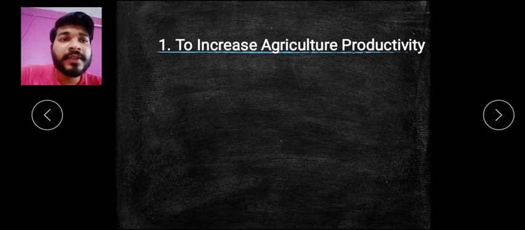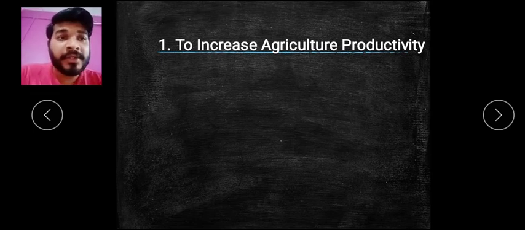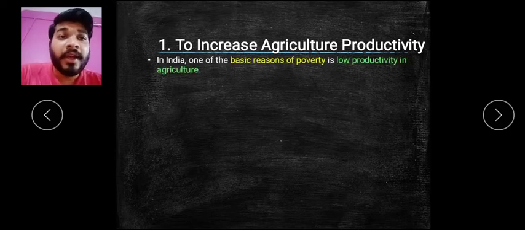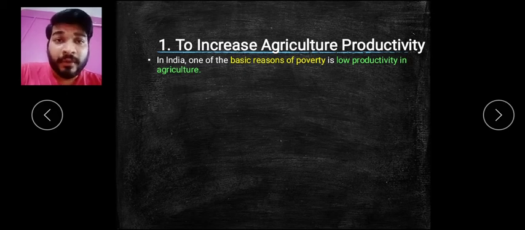So the first point says to increase agricultural productivity. Why? As I told earlier, our major population lives in villages and their occupation is nothing but agricultural activity. In India, the main reason for poverty is low production in the agriculture sector. Low production in agriculture becomes the major cause, and we need to increase agriculture so that